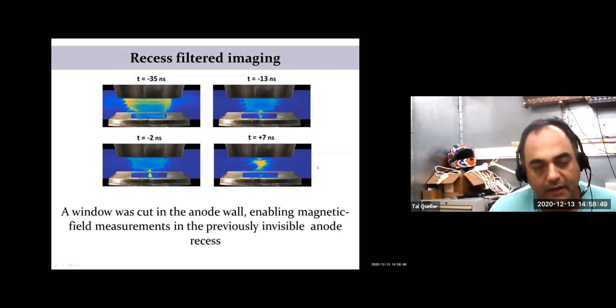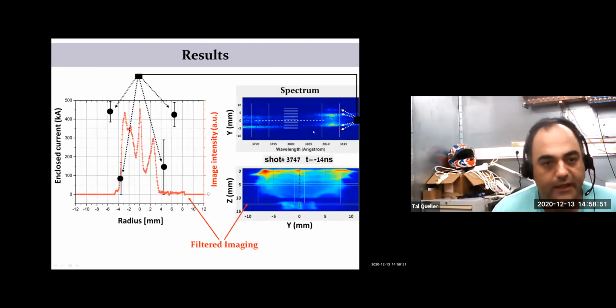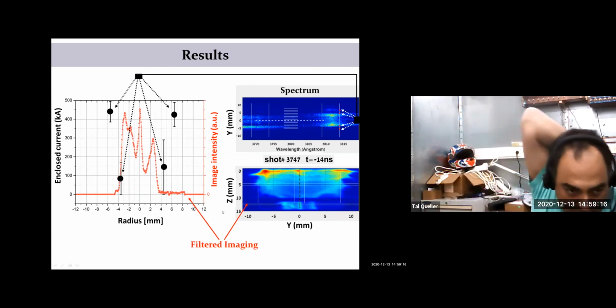But the main thing is, as I said, we got a lot of measuring points. And as you can see here, this is a spectrum, and we see the rings here, marked with red dots at different radii. And these enable us to get many measurement points and relatively accurate measurement points.